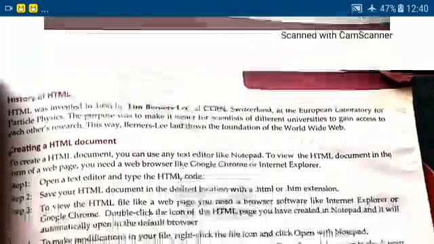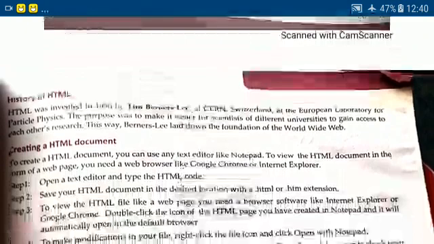Now, the history of HTML. HTML was invented in 1990. This is the year when HTML was invented by Tim Berners-Lee.